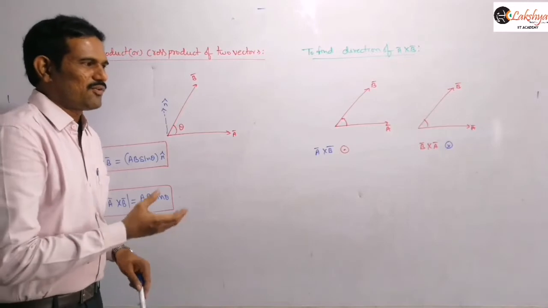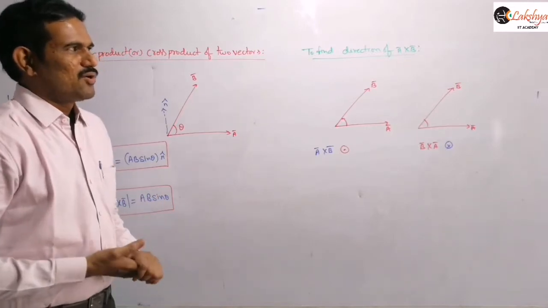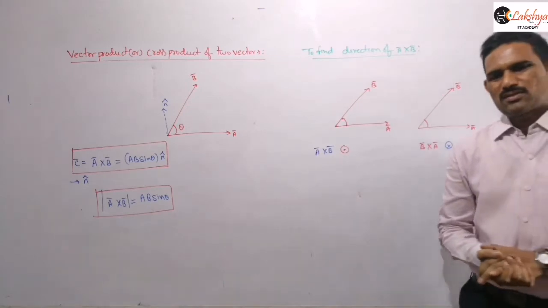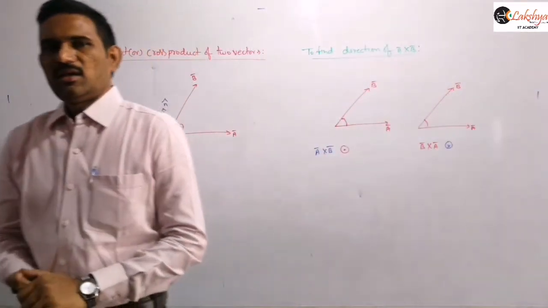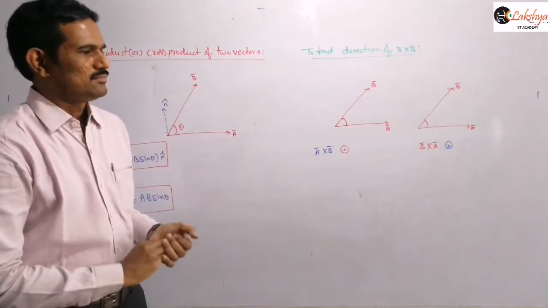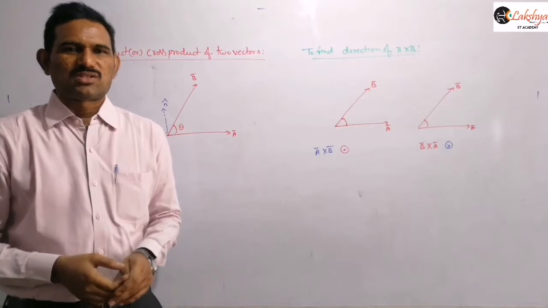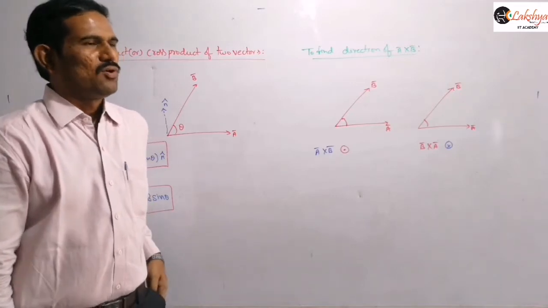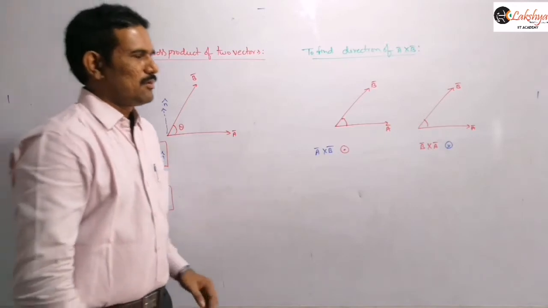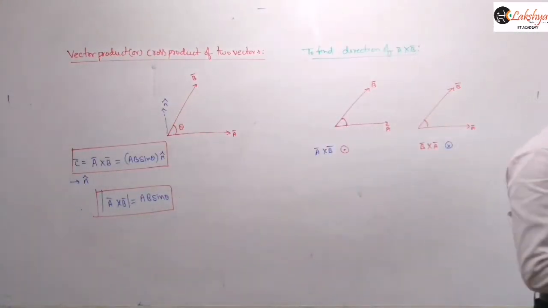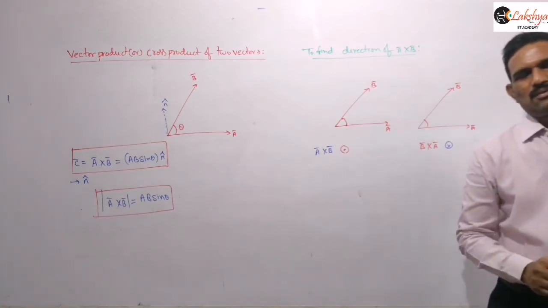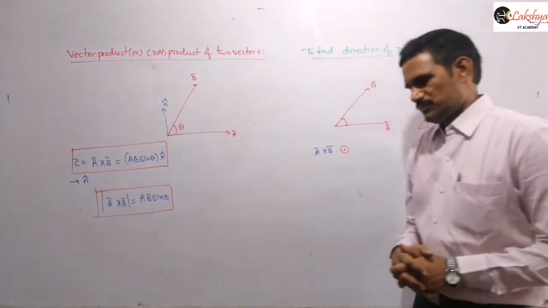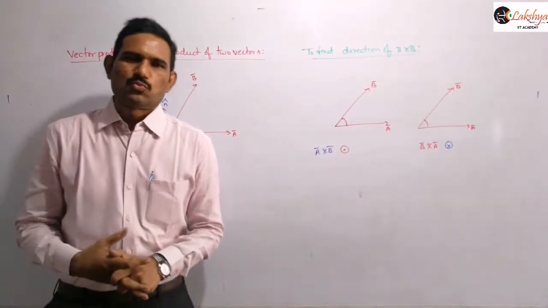So that is the basic way of finding the direction of A bar cross B bar. So mention that to find the direction of the cross product of two vectors, we can use the right hand thumb rule, which states that if we place four fingers of the right hand parallel to the first vector, such that when we close them, they should move towards the second vector,